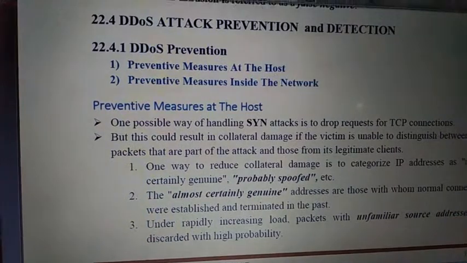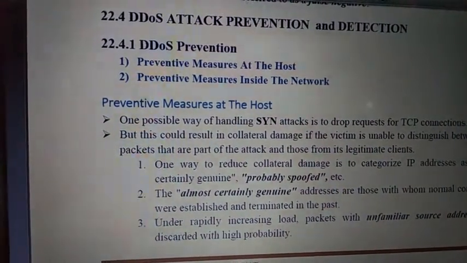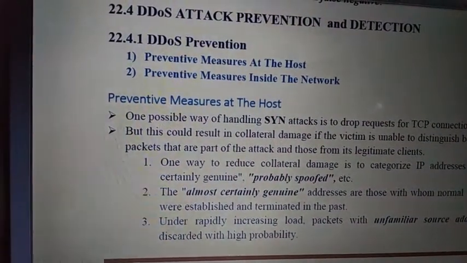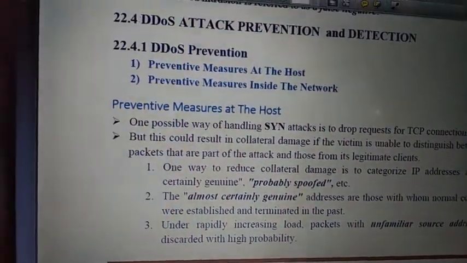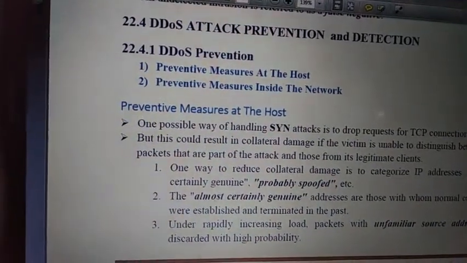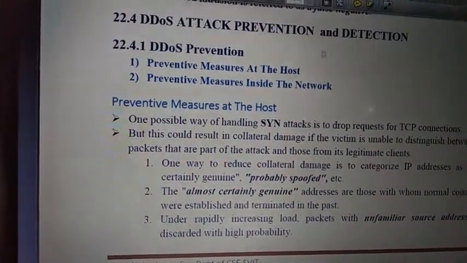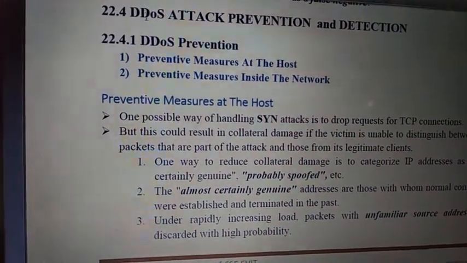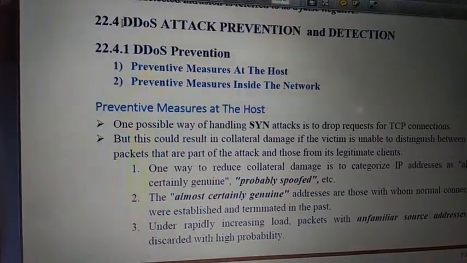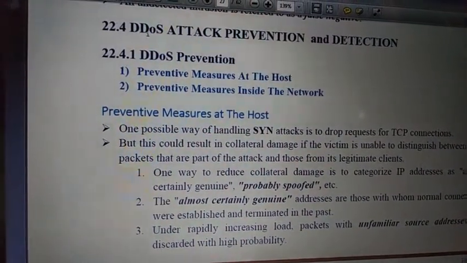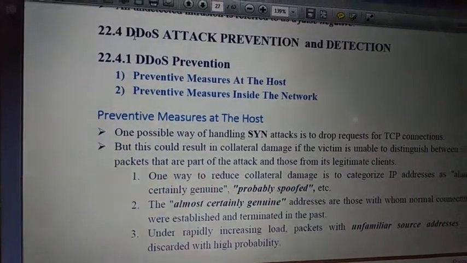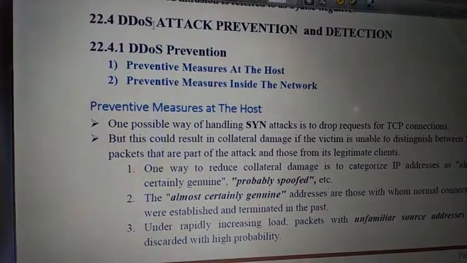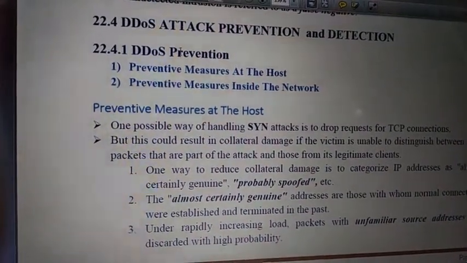Last class we discussed intrusion prevention as well as detection, right? So this is one type we are going to discuss here, how we can do DDoS attack prevention. An intruder or intrusion can be prevented or detected, right? Generally we studied that, but here we are discussing one attack called the DoS attack, denial of service. DDoS means distributed denial of service attack prevention and detection. First we study prevention in detail, then we'll go for detection.